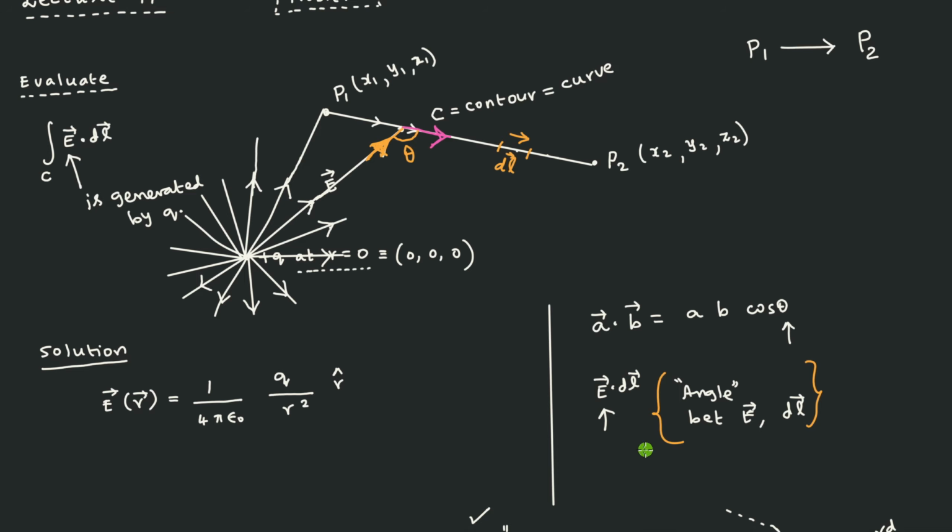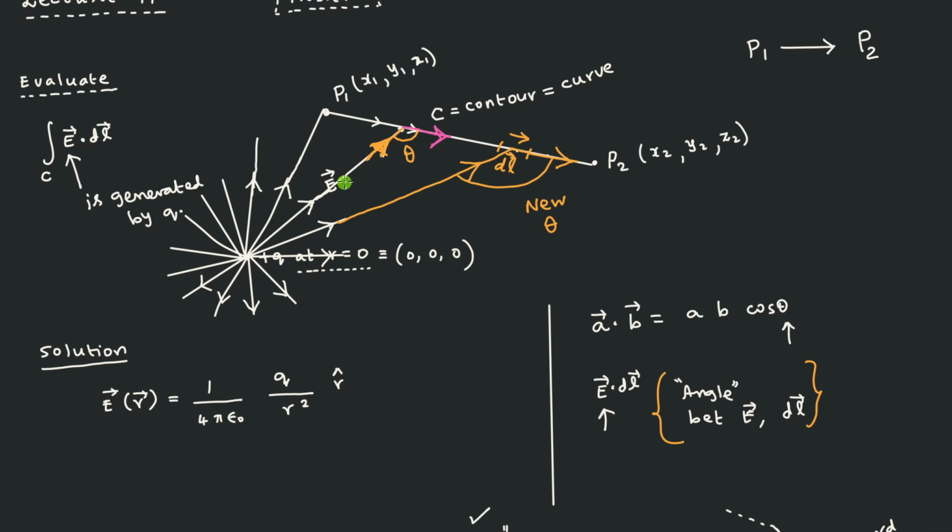So the angle between E and dl, this theta, will keep on changing. It will keep on changing because you see here that if I continue to draw this diagram for the electric field vector, then this is the direction of the electric field, and the direction in which you are going to walk is that direction. Therefore this angle will be the new theta, and this is the old theta. So the theta value will change. It is not a constant value.